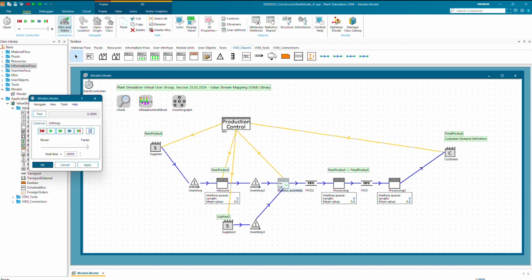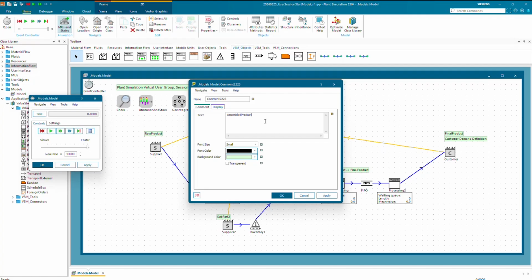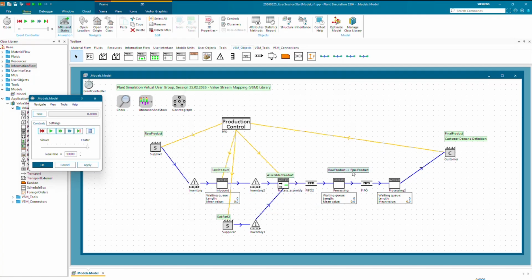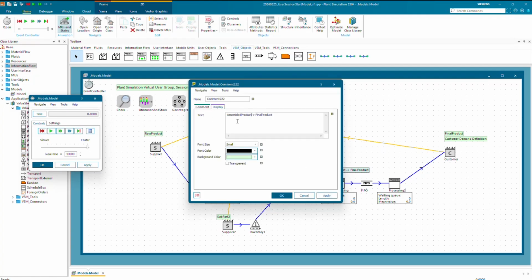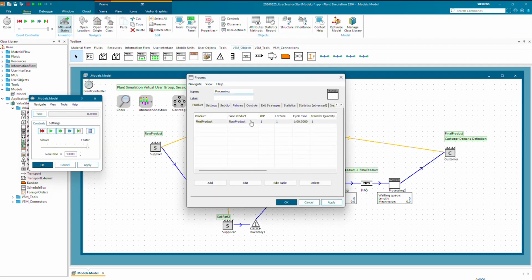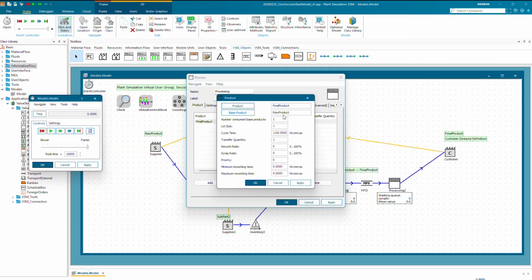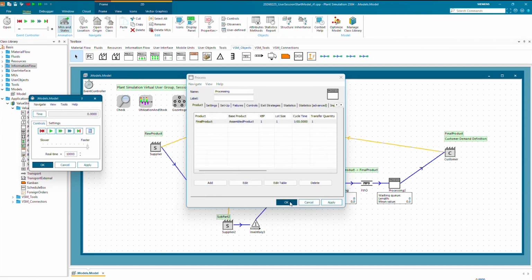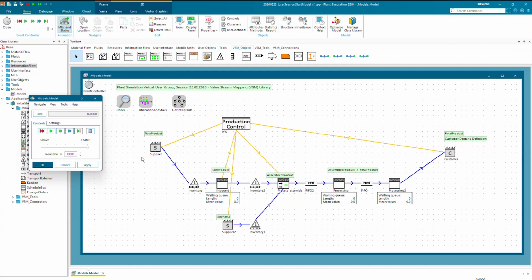All right, and good. So here we have an assembled product, and then we need to transition this as well. All right. So the base product right here would come in as an assembled product and then go into a final product there as well. All right.